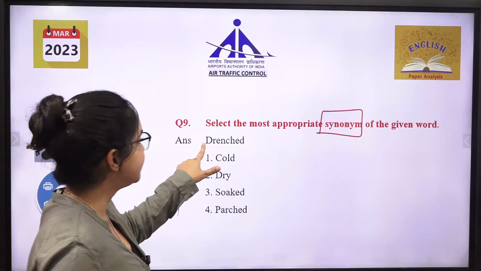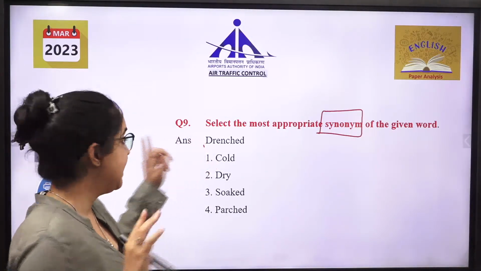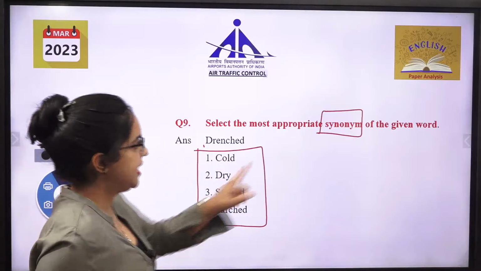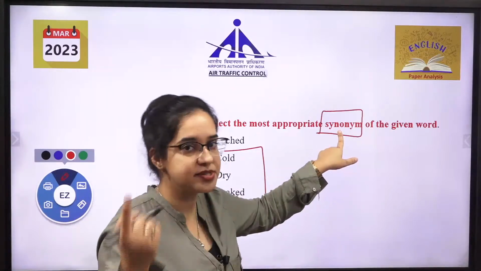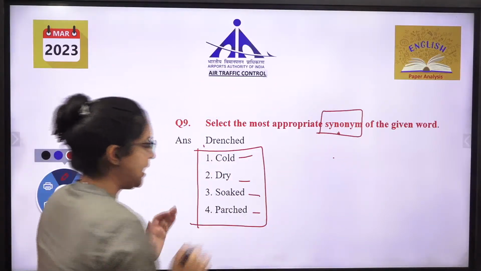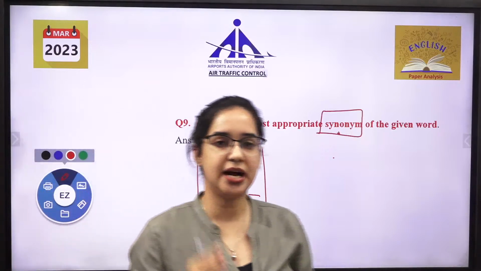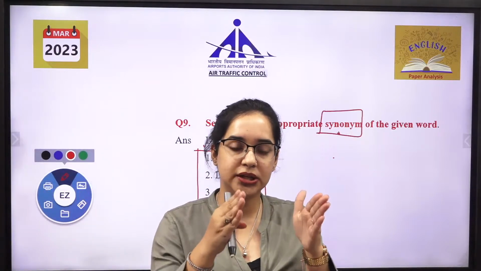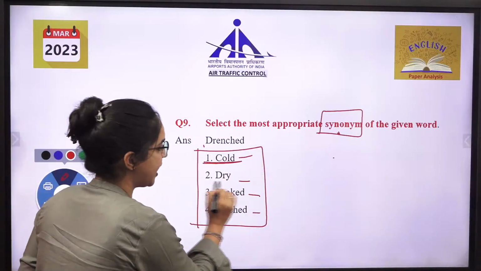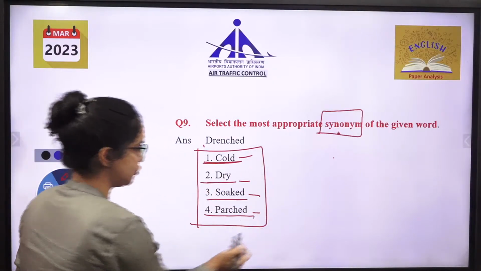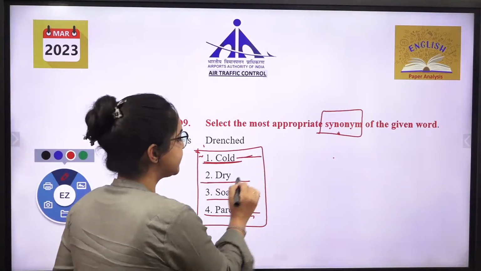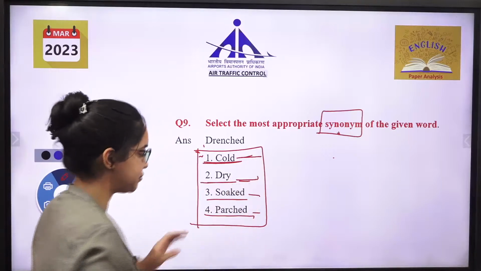What will be? Drenched. Drenched का मतलब होता है. Now simple way of learning these words is, बहुत easily आप decode कर सकते हो. It is synonym. Synonym मतलब same word we have to find it out. You just go with the 4 options. Airport authority का best word होता है, that is they try to give you the easy options you can eliminate also. Cold हो गया, dry हो गया, soak हो गया, parch हो गया. Cold का हो गया ठंडा, dry मतलब सूखा, right? तो cold भी एक तरह से सूखा और dry एक closer आ जाते हैं दूसरे के.